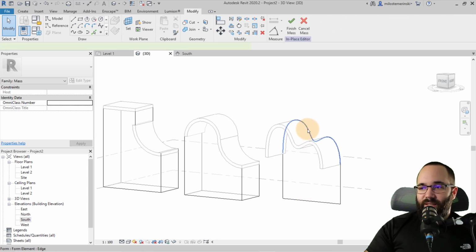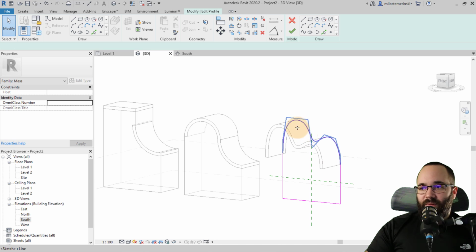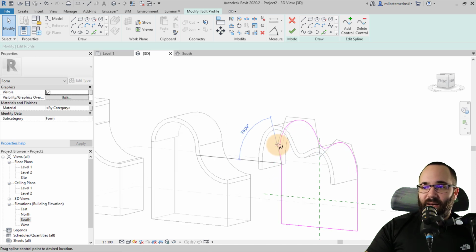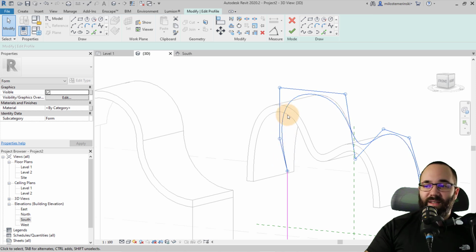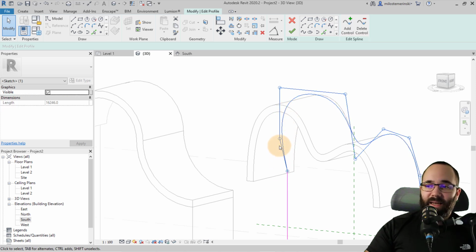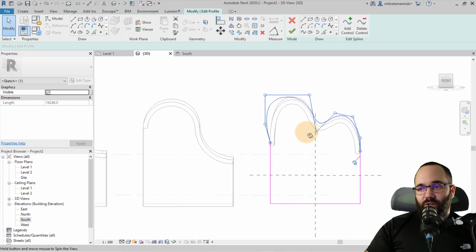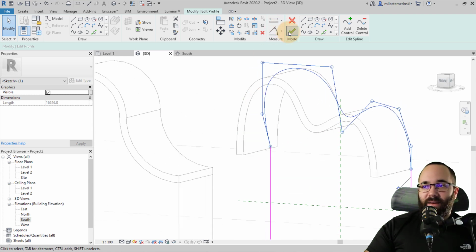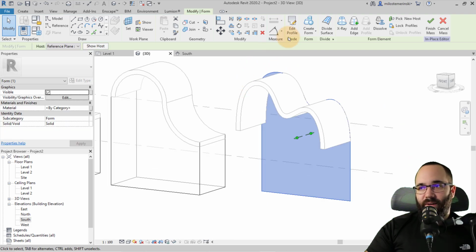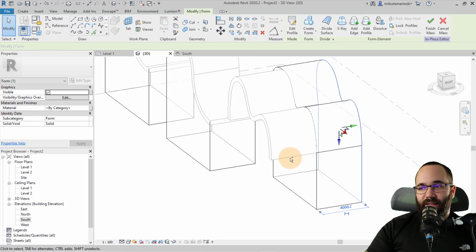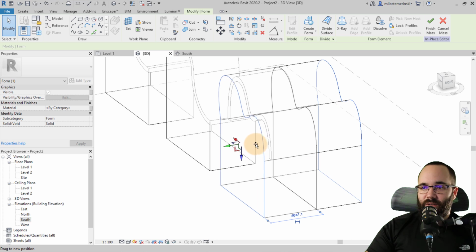And I'm just going to select the spline on top, and then here I can edit that spline. So if I go like this, see how it now doesn't go straight down, it has this additional edge. So it just looks like that. If I now hit finish, and if I turn that into the surface again, just like so,